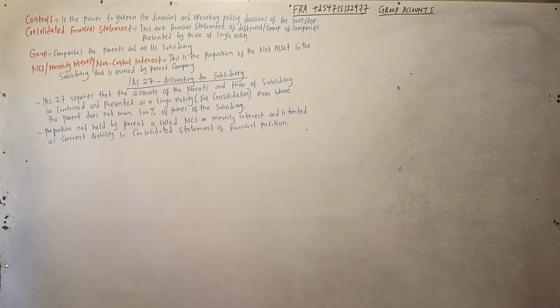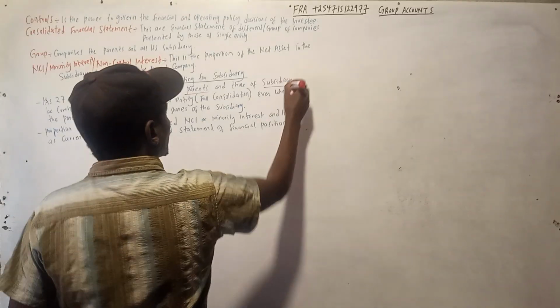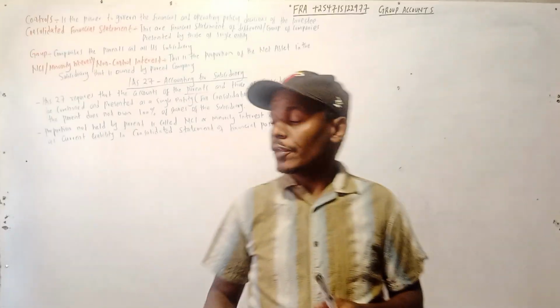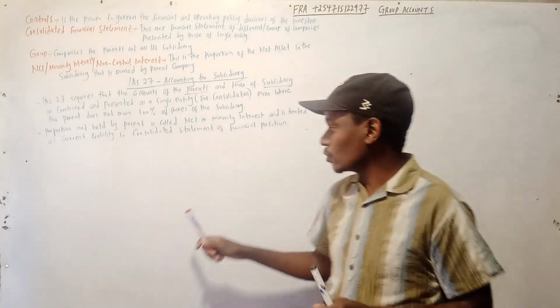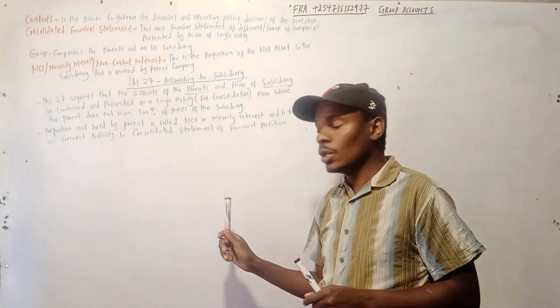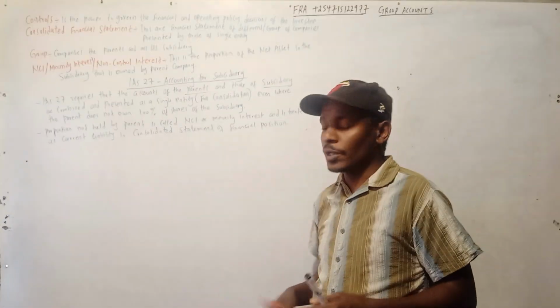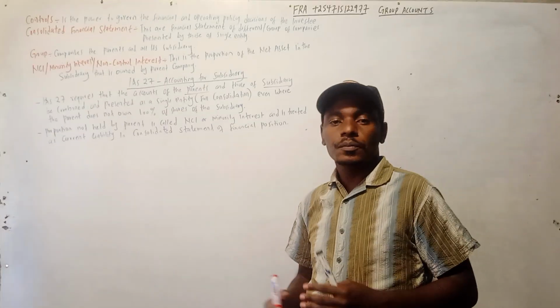Now, IFRS 10 requires that the group accounts of the parent and those of the subsidiary be combined and presented as a single entity. This is very, very important. When you are doing the group account, you need to take the values of the subsidiary and add them to the value of the parent, even if the parent does not own 100%. As long as it's a subsidiary, meaning the parent owns 51% or more, then whatever the proportion of ownership,